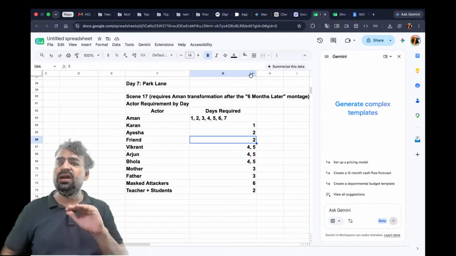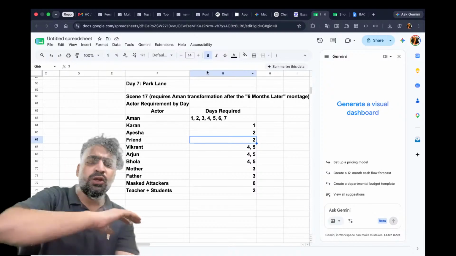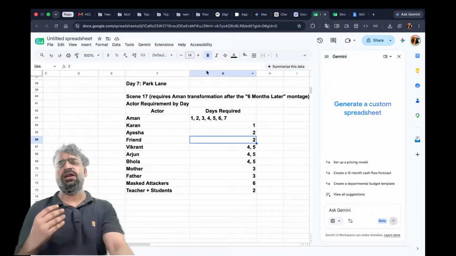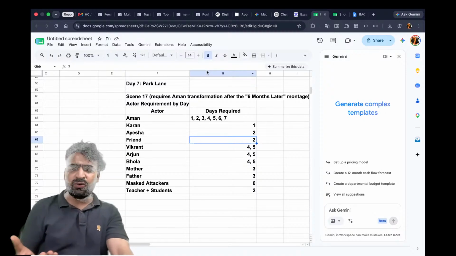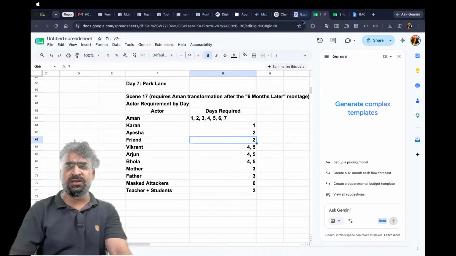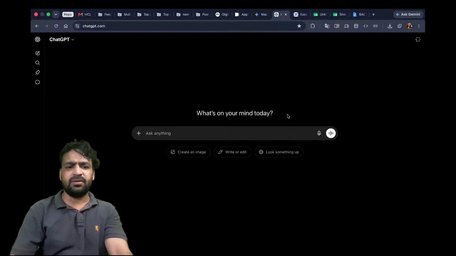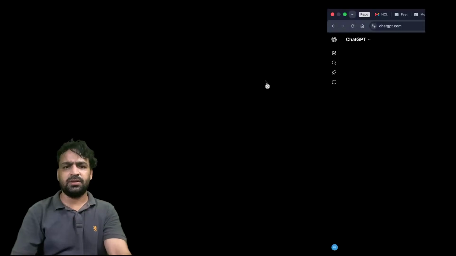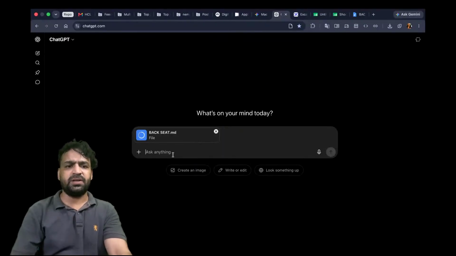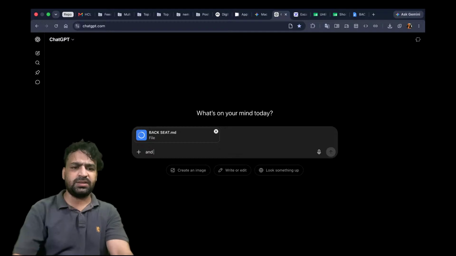If you are only dependent on AI, you probably have these questions. AI can do this. You're going to put this script into GPT and say